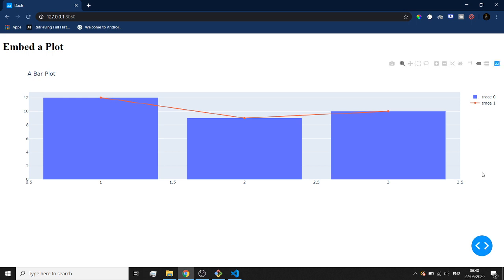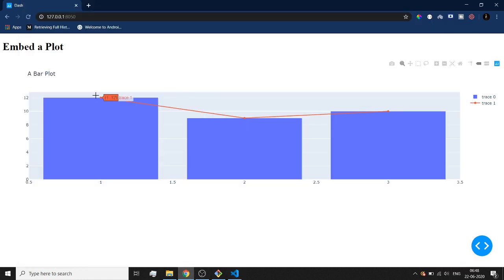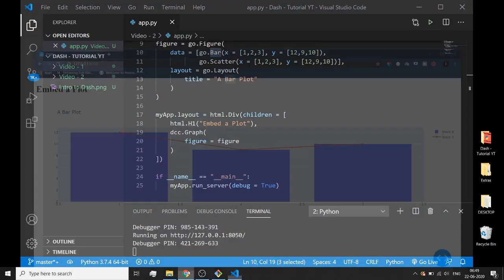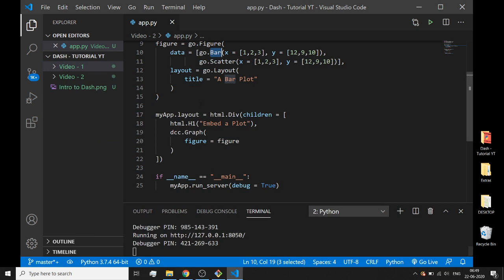Okay, so now notice here our scatter is clearly visible, and in fact the points of scatter were similar to those of the bar chart, and that is why our points of scatter are coming immediately in the middle of our bars. Okay, so I hope you were able to follow through. Now notice a scenario where you are interested in another figure which is just below this particular figure. So what you can do in that case is actually quite easy.